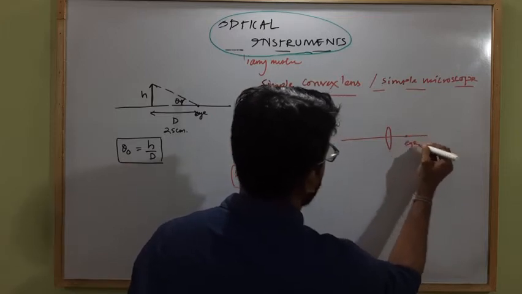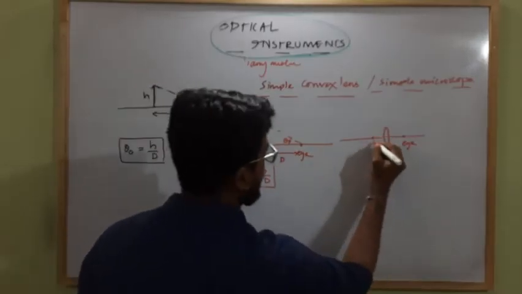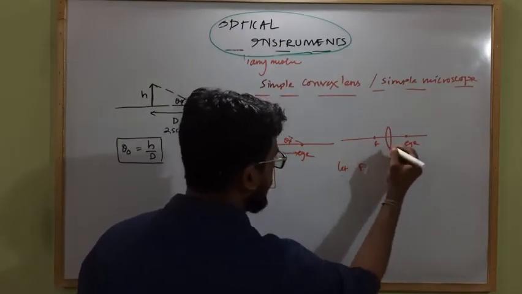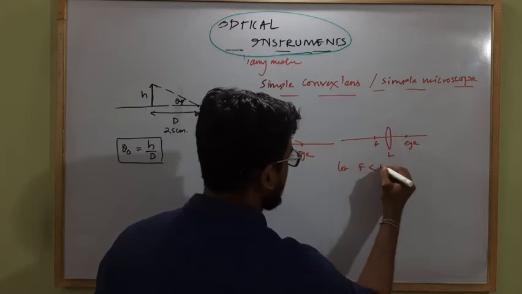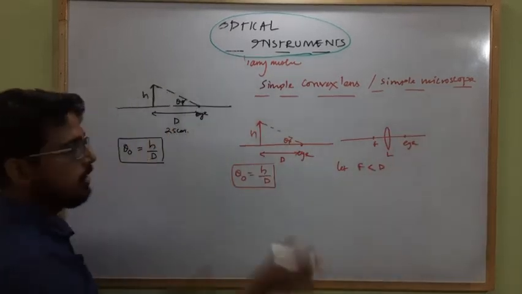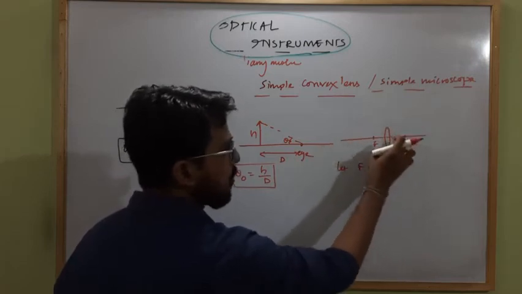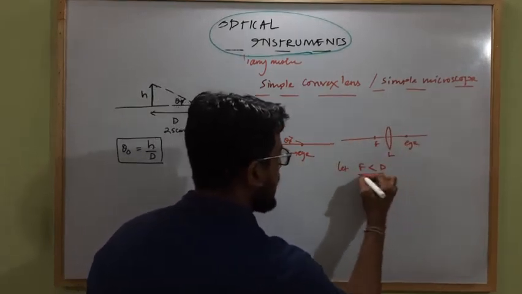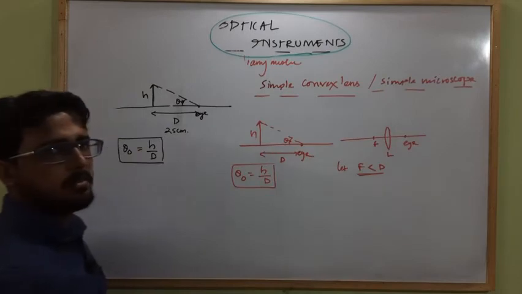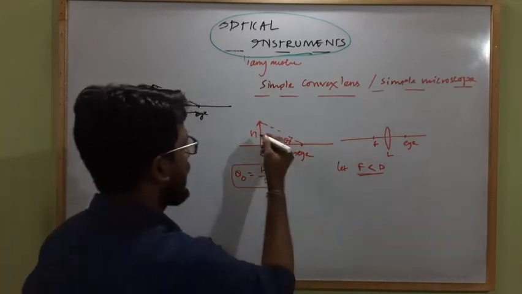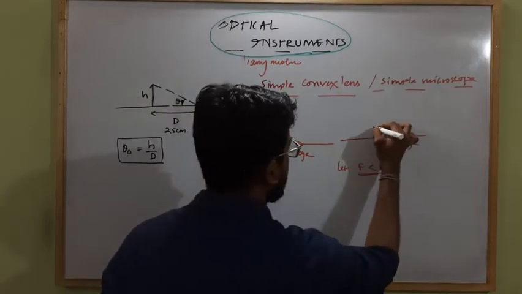Okay, this is the human eye. So if it has some focal length f, let the focal length of the given lens L be less than the least distance of distinct vision. That means the lens that we use in front of our eye is a convex lens whose focal length is less than the least distance of distinct vision. Clear? So if here I am placing the object A of height h